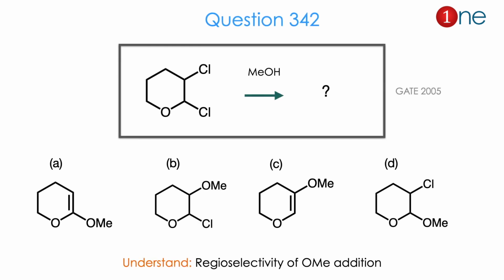Then let us look at the next question. The starting material is cyclic, with 2 chlorines attached on the second and third positions. You are reacting with methanol. Basically it's a methanolysis. They ask you to find the product. The products are methoxy substitution at the second position or the third position, or a substitution reaction or an elimination reaction. Basically we have a competition between OMe attachment and substitution versus elimination. From the reactant and 4 different products, you might realize the question is really about regioselectivity of OMe addition or substitution. The answer is D. Let us see how.